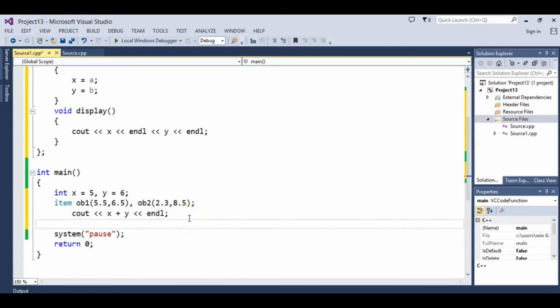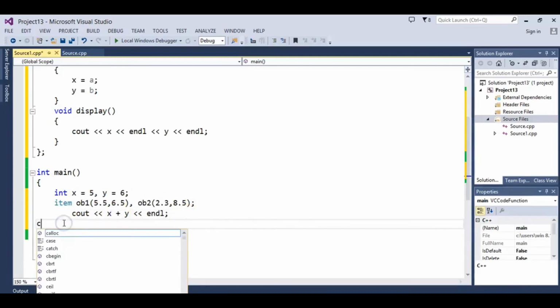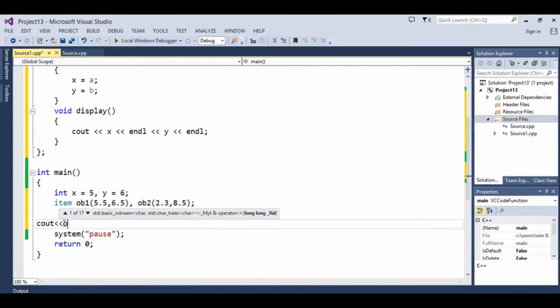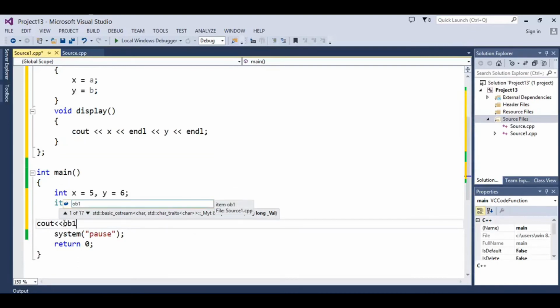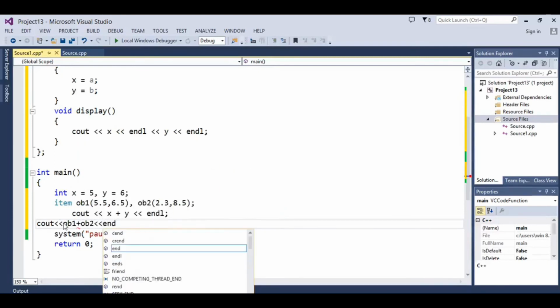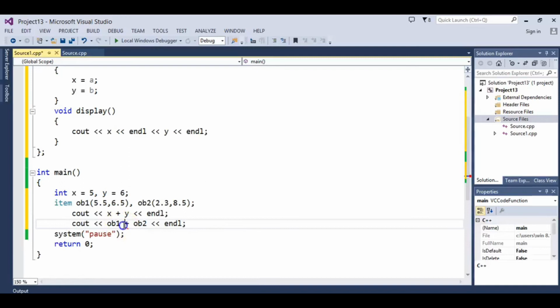But if I want to use this plus operator for these two objects, for example, if I want to add two objects, because objects are also variables of class type, we can say that these are variables of user defined type. So if I want to write this, I am not able to add these two objects. Here you can clearly see that this is an error. So this is the main purpose of operator overloading.